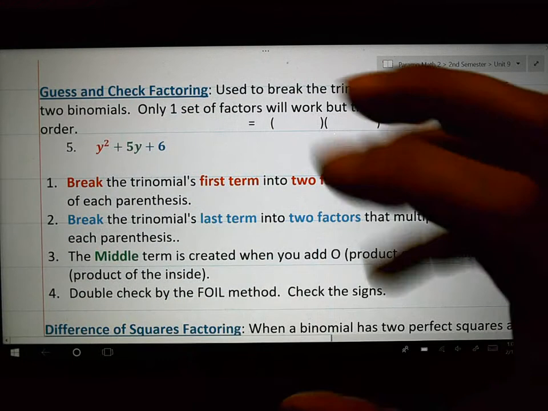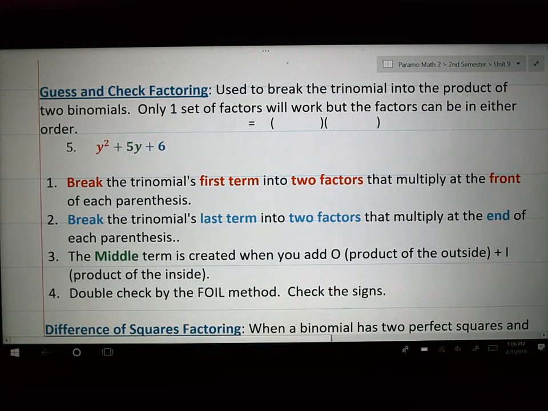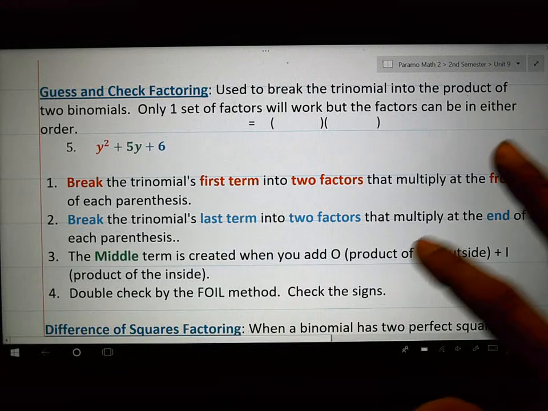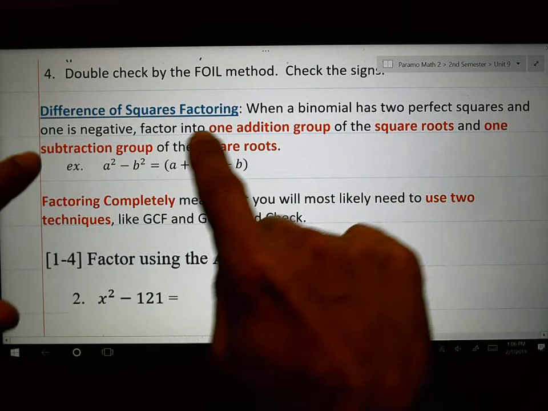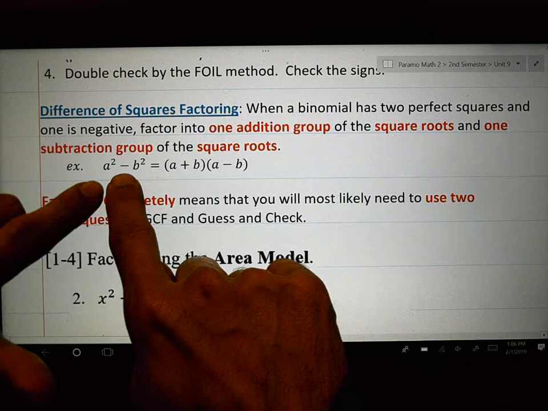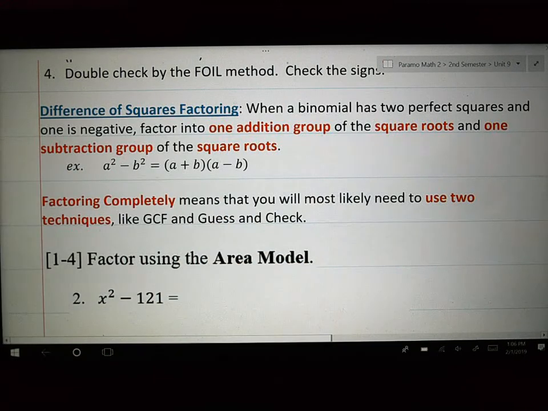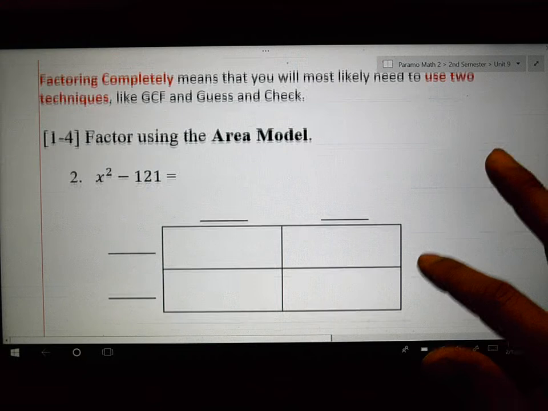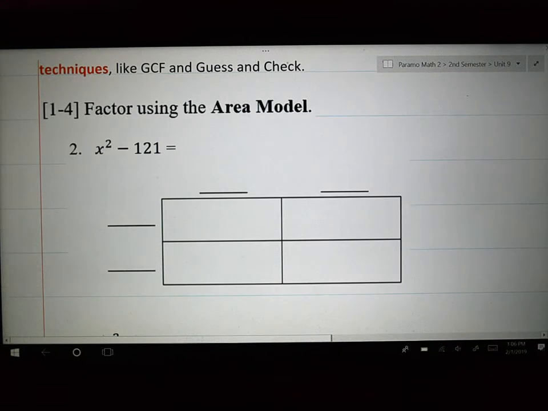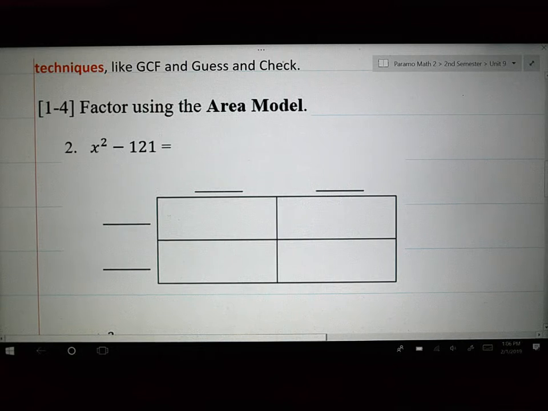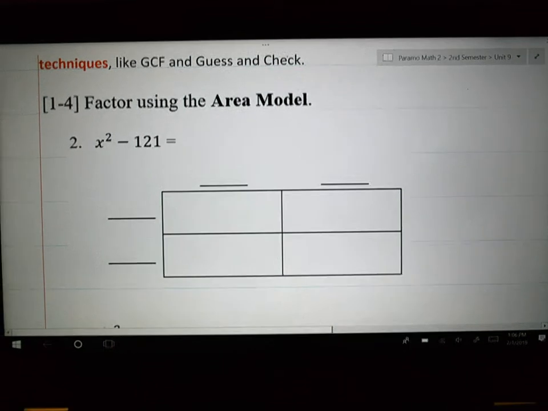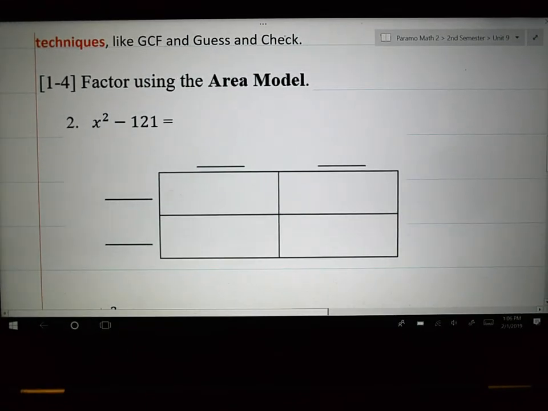Guess and check is similar to the area model without drawing the boxes. And so I'm going to show you how that looks in a second. And difference of squares: perfect square, one's negative, one positive, one negative, with the square roots in front and behind. So here we go. Let's do some examples and we'll go from here. I think it'll make a whole lot more sense once we do this stuff. Okay,